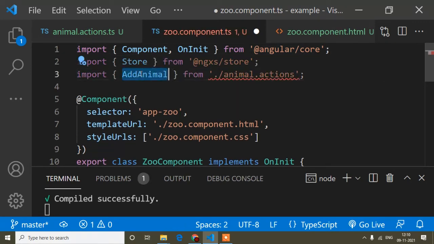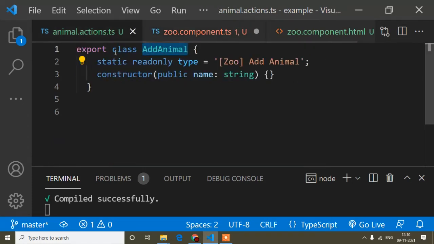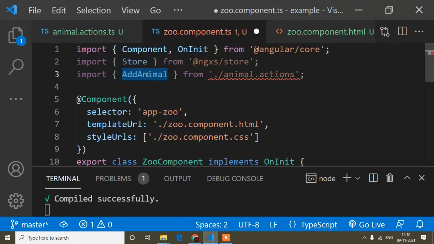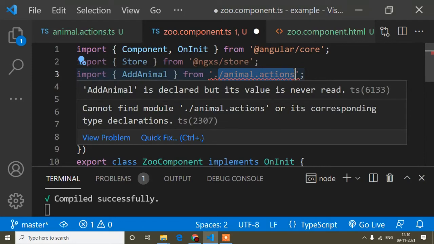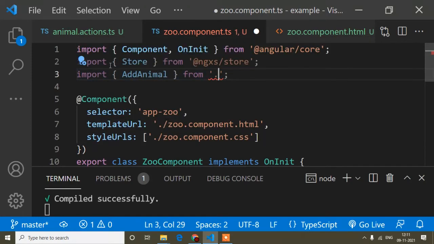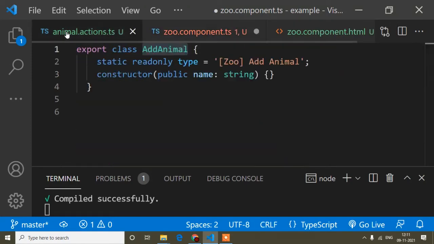So now what is addAnimal? addAnimal is actually an action that I had created here. Suppose I write a different name instead of addAnimal, suppose I write deleteAnimal, so I would import deleteAnimal here. Okay, and here it's showing an error. Why is it showing an error? Because this action is inside a store folder.